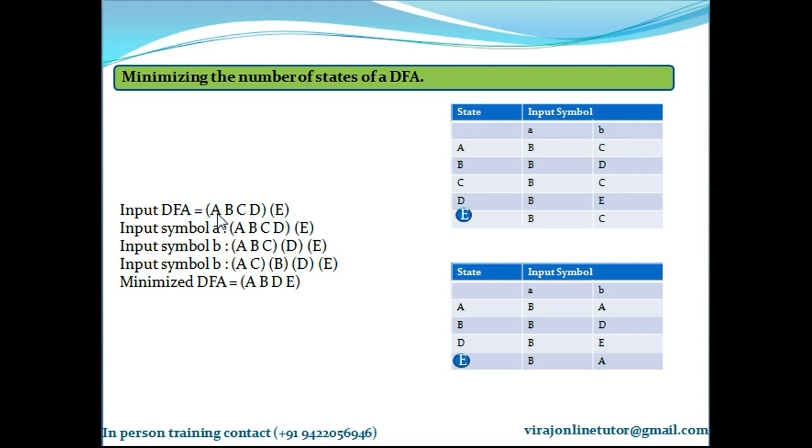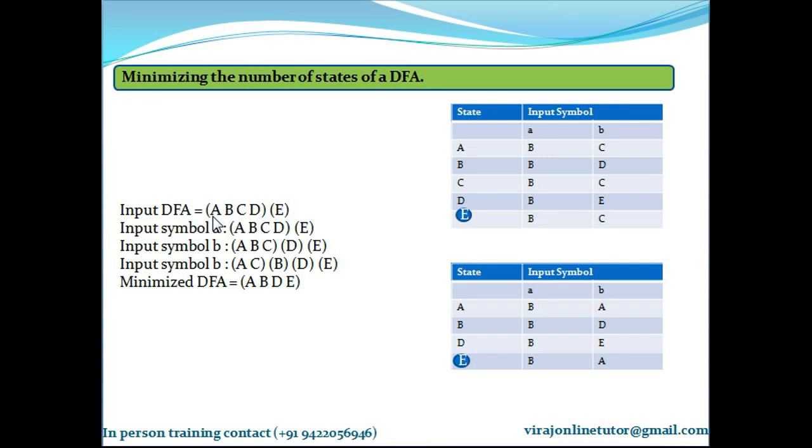Now what you need to do next is, for each of the input symbols that you have, check whether these groups can be divided further. How to do that? So now I have these two groups. Just focus on one group at a time and let's try to divide it as much as possible. So capital A is a state, right? So this state A on input symbol small a goes to B, but B is also lying in the same group. Great. A on b goes to C, which is again lying in the same group.